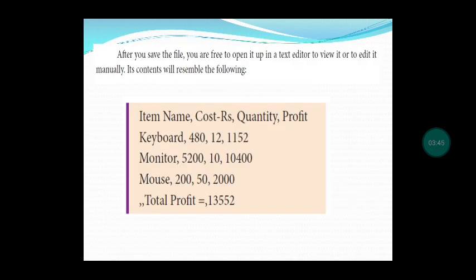After that, you have to go to the text editor and open the same file. Then immediately the data will come like this. That is item name, cost, everything is coming. Finally, 2 commas have been given. If 2 commas, simply comma alone is given, it means the empty cell is displayed. As we have seen in Microsoft Excel, the empty space has been displayed. For displaying empty space, we can give simply comma alone.